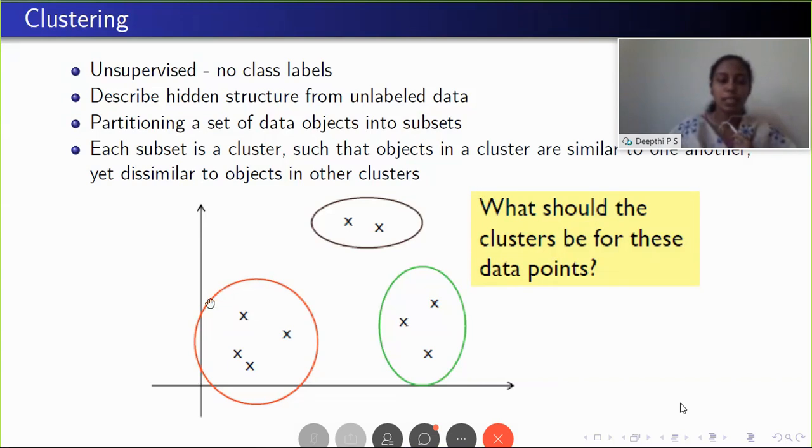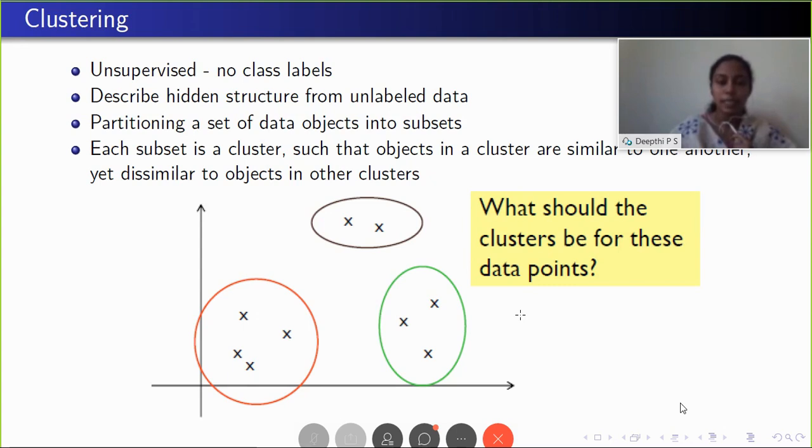We can visually inspect that these points could be in one cluster, these 2 points in another cluster, and these in another cluster. We don't have any labels as in classification. We are just given some data points, and we have to group them based on similarity. Mostly we do this based on distance. The distance among the points belonging to a cluster should be minimized. That is, these points should be similar to each other, and likewise for the other clusters. That is, intra-cluster distance should be minimized.